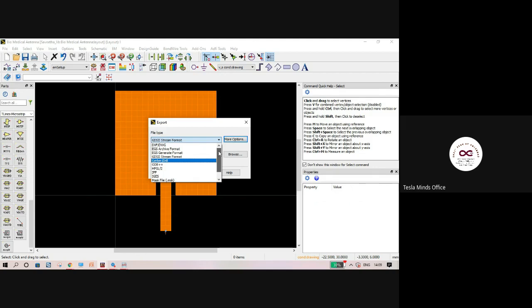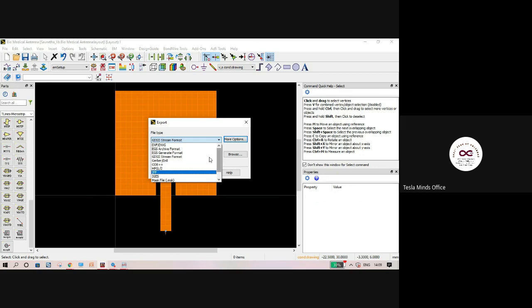So you have to ask which format they accept, either DXF or IGES, GDS22, Gerber, ODB, IGES. These are the different file formats that different PCB softwares accept. So depending upon that, you can choose it.